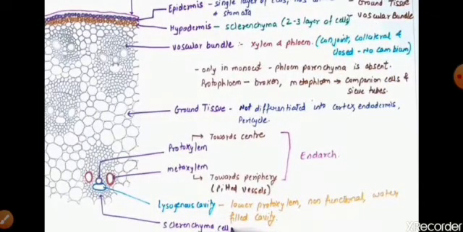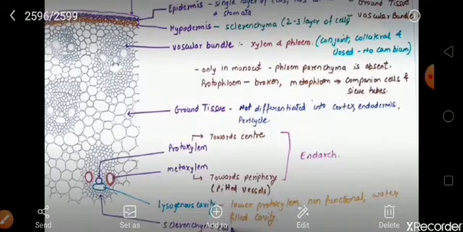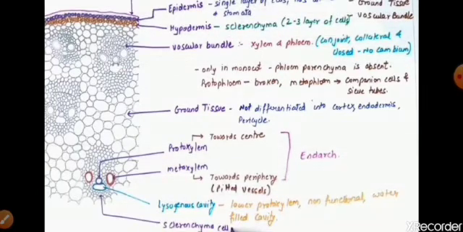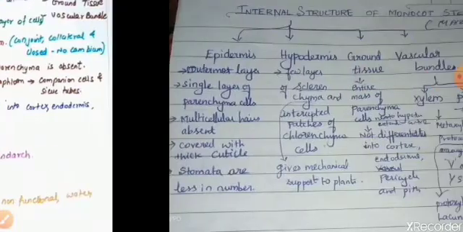Next, around that xylem and the phloem vessels, you can see sclerenchyma cells. The xylem and the phloem cells are fully enclosed by sclerenchyma cells. So these form the vascular bundle. Sclerenchyma cells enclosing the vascular tissues, together we call it the vascular bundle. So it is otherwise called the bundle sheath.